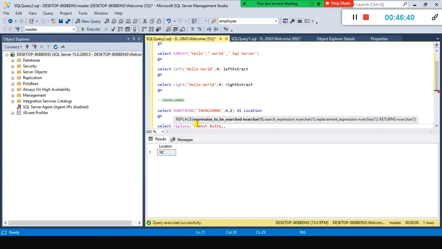I just want to say peanut. I want to replace something called pelnet. So in that case, this is the old string.